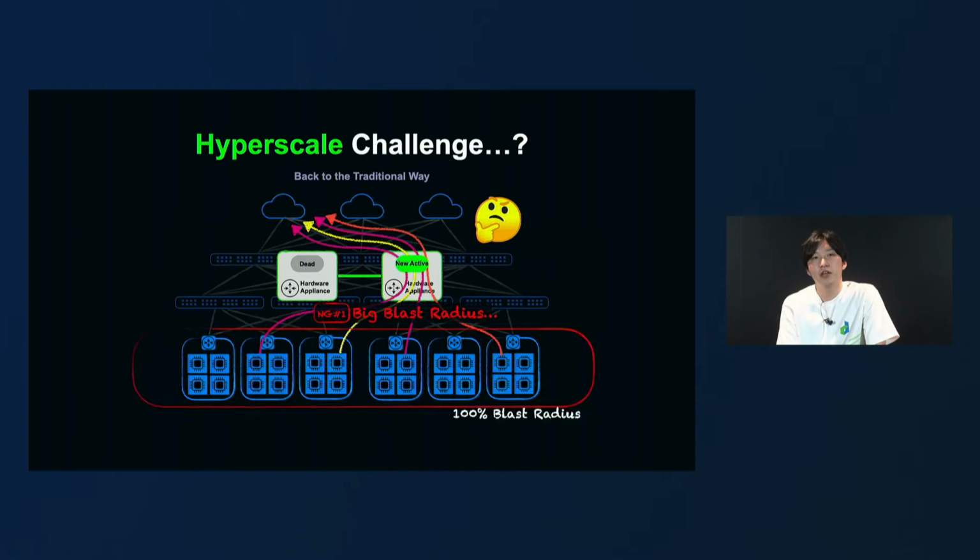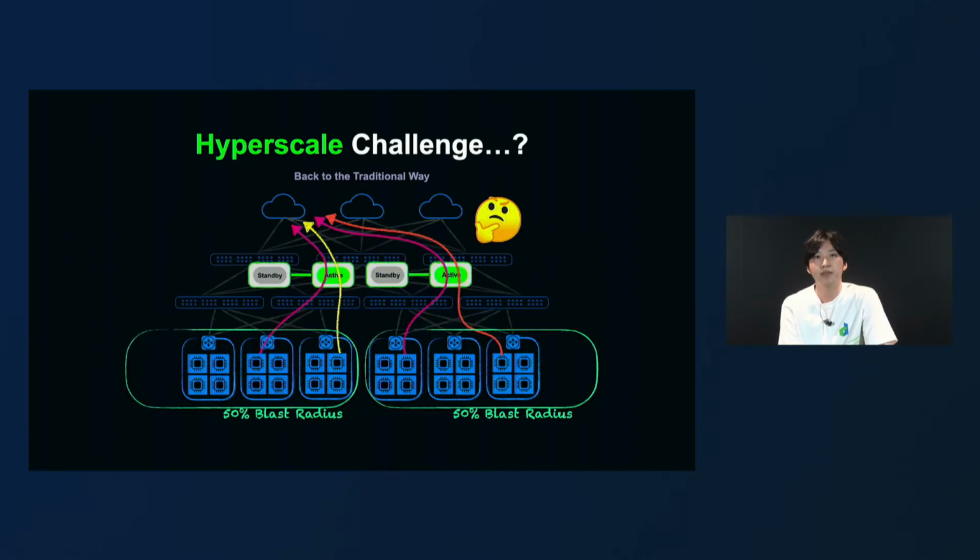So if a switchover is triggered here, it will affect all NAT users. Although a graceful switchover is appreciated, having a large blast radius is not ideal for a hyperscale environment. You might be thinking about limiting the impact by preparing multiple clusters with 2n redundancy, but it will increase the